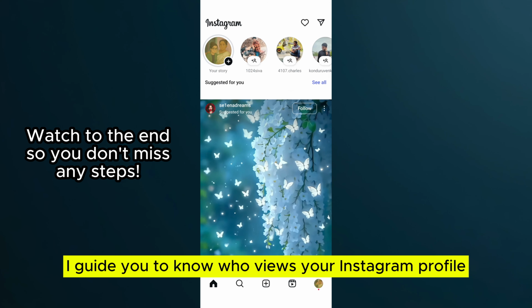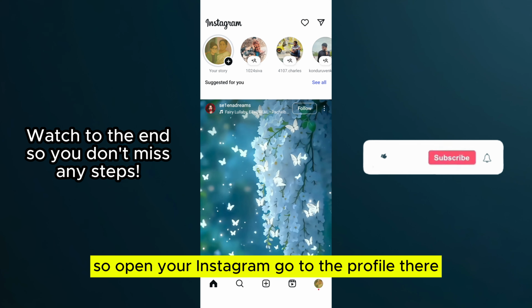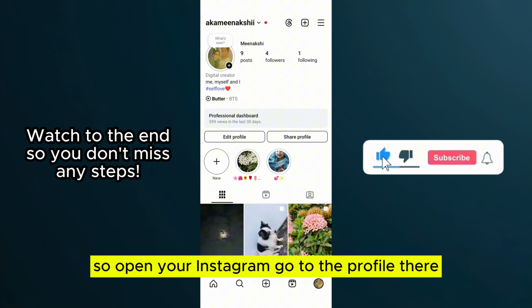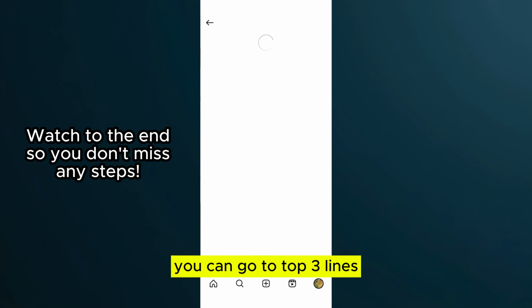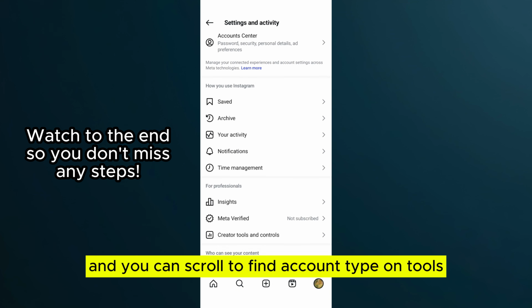A guide to know who views your Instagram profile. So open your Instagram, go to your profile there. Here, if it is your personal account, you can go to the top three lines and you can scroll to find